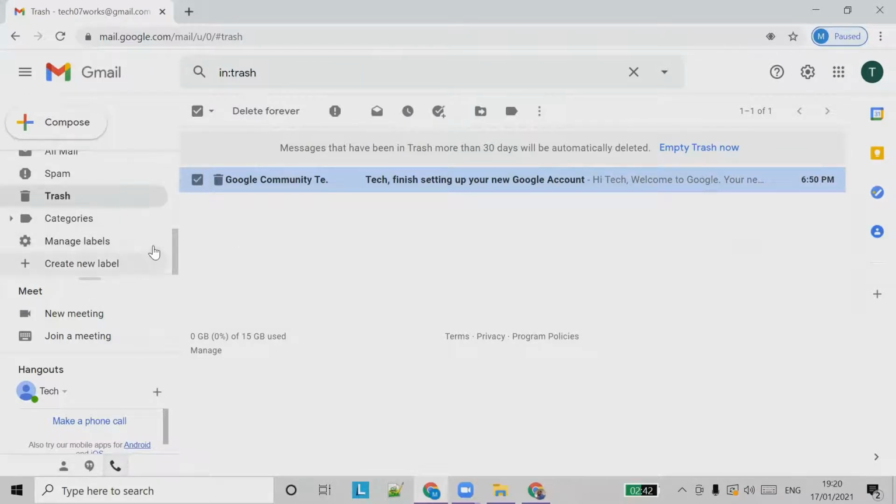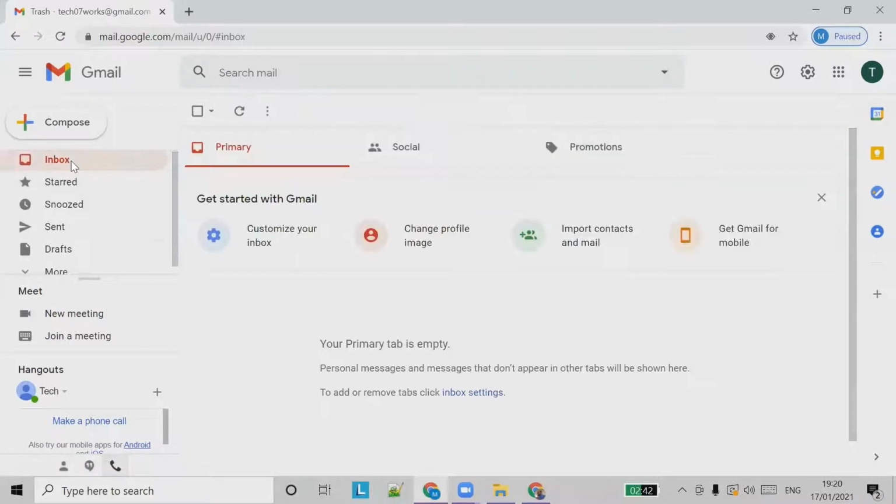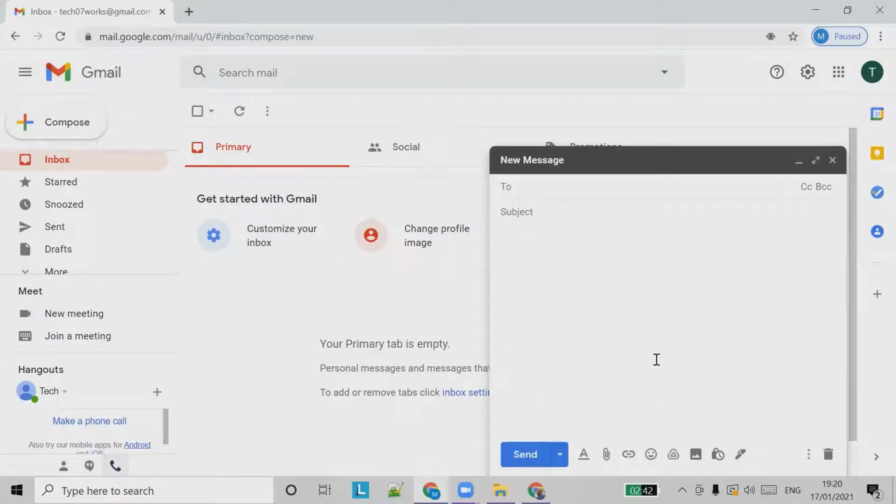Okay, we have seen labels and all, we can see later. Now we'll see how to add fonts or links or something else. We'll see all these options.